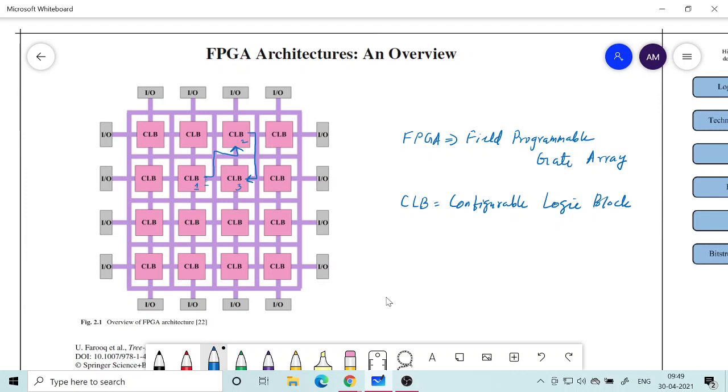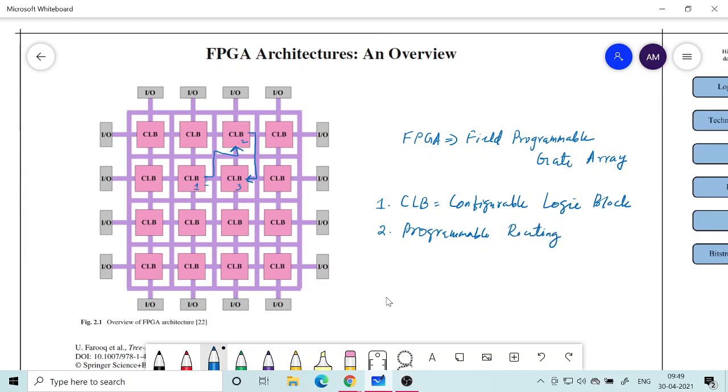So of the three major components, one I said is the CLB, and CLB is also programmable. Okay, so programmable logic block or configurable logic block, you can say it both ways. The second is programmable routing.